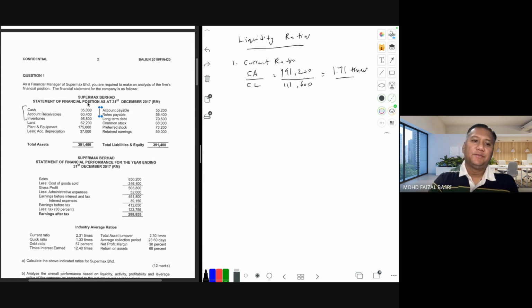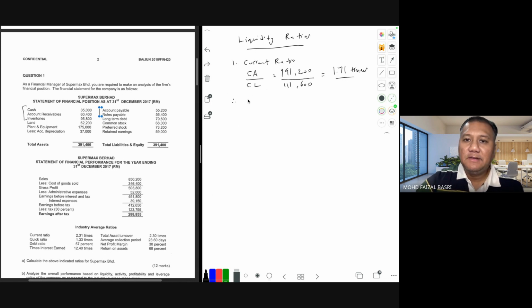So on average, in that particular industry, out of the 20 companies, the current ratio is at 2.31 times. But for Supermax, its current ratio sits at 1.71 times only, which is lower than 2.31. Remember, for liquidity, the higher the ratio, the better. So in this case, Supermax's current ratio is less performing as compared to the industry average. So therefore, you can comment